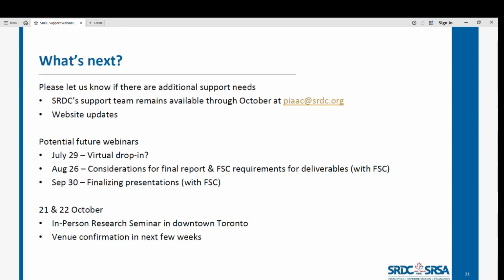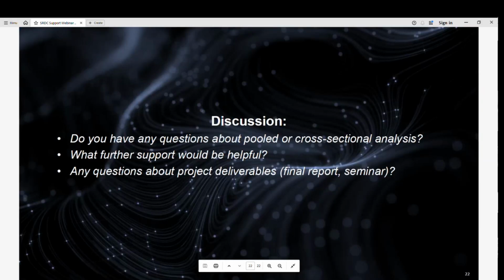So yeah, we are working on these different fronts. You can ask us any questions. We may have answers. We may refer to FSC on some of the presentation and report guidelines, but we're also, of course, going to welcome any suggestions you have for how we can provide better support through the next few months. So we'll move on to the next slide and probably turn off the recording and allow for some discussion. You, first of all, could have questions for us or observations on doing pooled